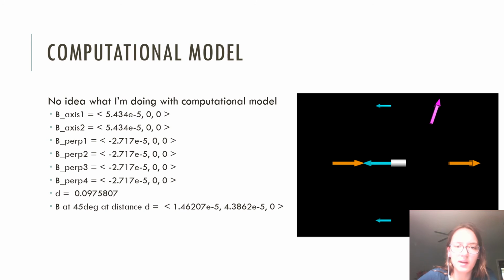And this is my computational model. As you can see, I have arrows depicting the magnetic field at a location on axis to the magnet in orange, at a location perpendicular to the magnet in blue, and at 45 degrees off axis with the magnet in magenta. And over here I have the vectors that give you the magnitude and direction of all of these